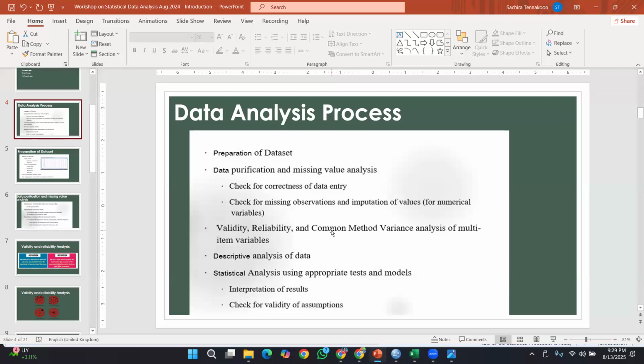In SPSS, only very limited validity and reliability measures can be taken. Especially, we can't get the discriminant validity. Convergent validity, of course, you can take. And the split-half reliability and internal consistency can be obtained through this.